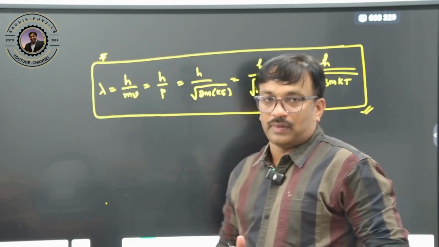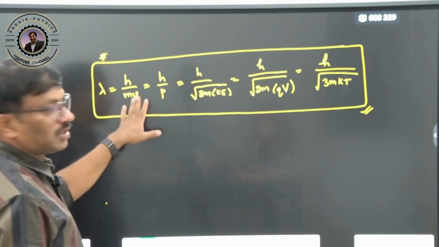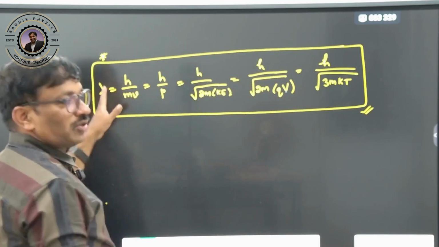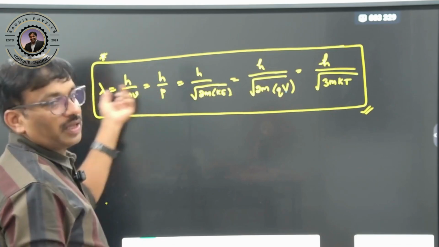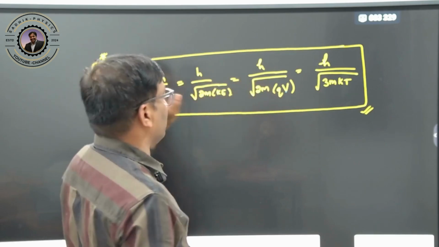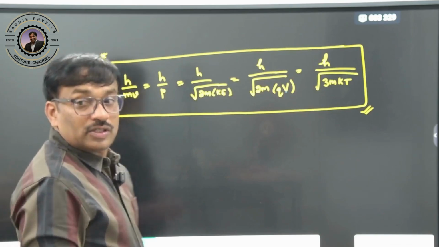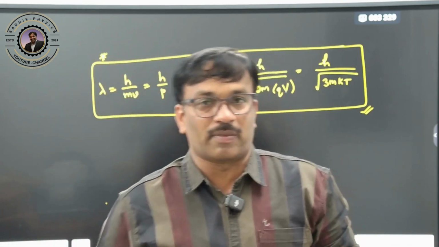I will show some samples of this type of question. So they may give mass and velocity and ask you the wavelength, very simple one. Momentum they can give like this. Kinetic energy, mass they can give, Q and V they will give, and temperature they will give, like that. So this is some 6 types of questions.